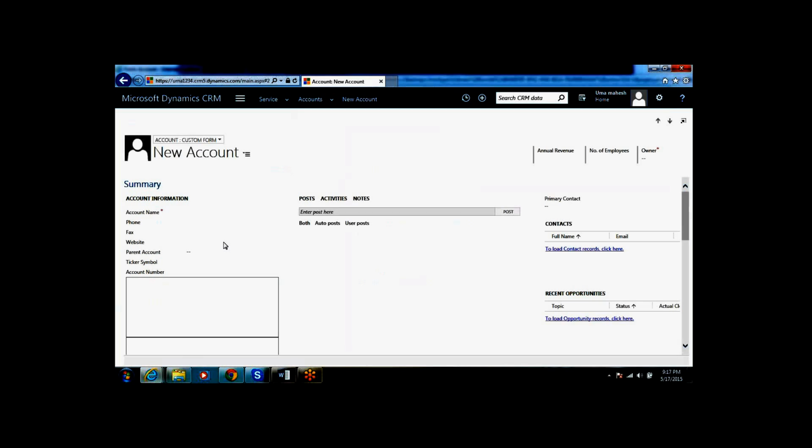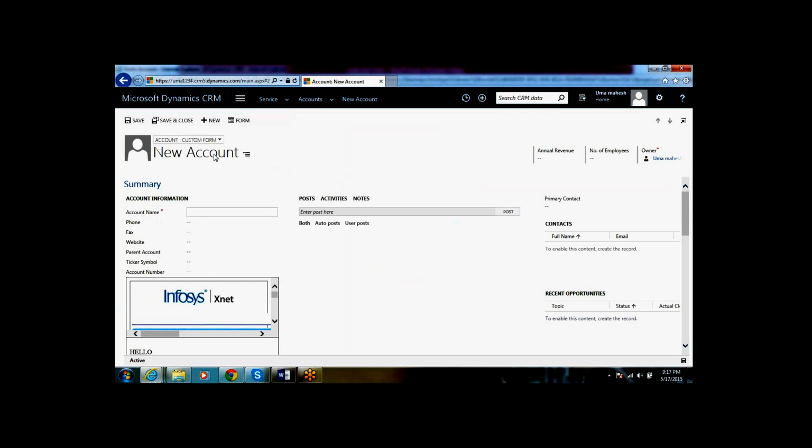Now I am loading the form. Now it is a custom form.